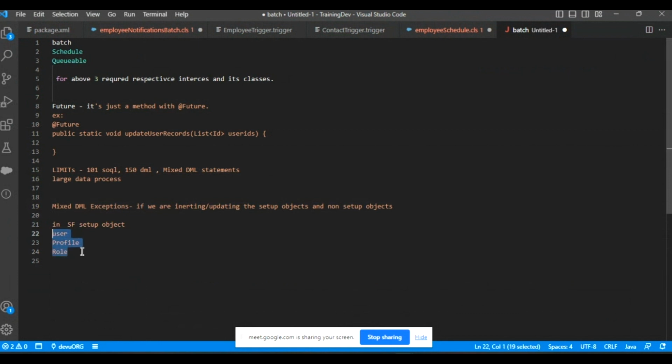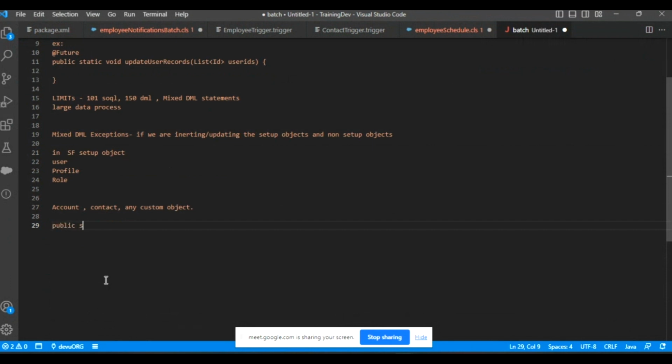And these combined with non-setup objects, which are Account, Contact, any custom object, any standard object. If you try to insert these two in the same transaction, let's say